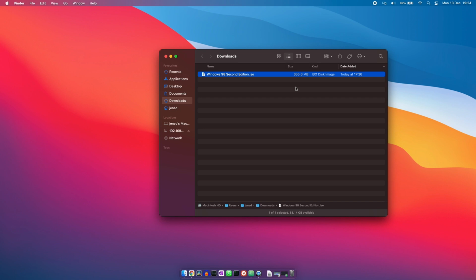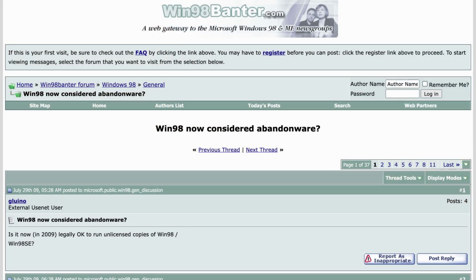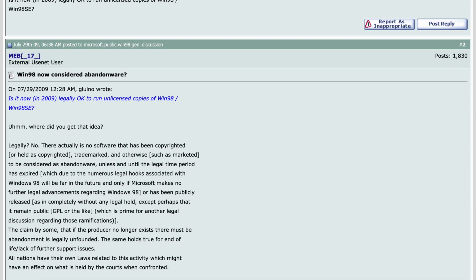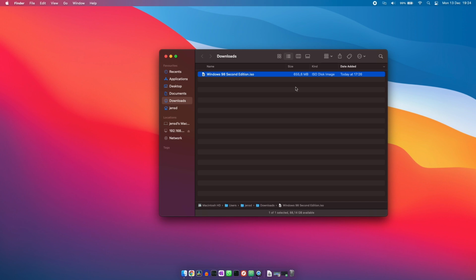As I'm not sure if you can see Windows 98 SE as abandonware yet, and it's a gray area anyway to distribute software, I'm not going too deep into this, but I'm sure you can find what you need pretty easily. After you get your hands on that ISO, which we will use to get Windows installed, we first need